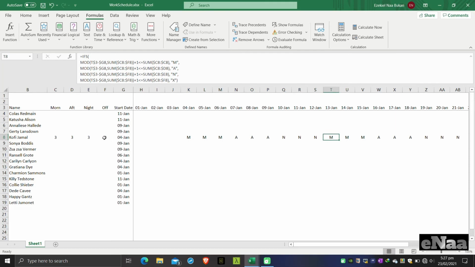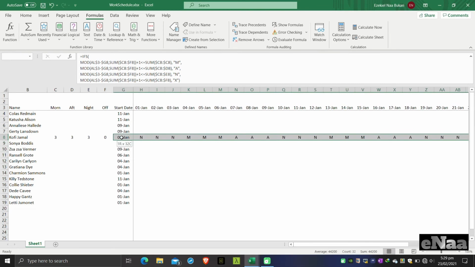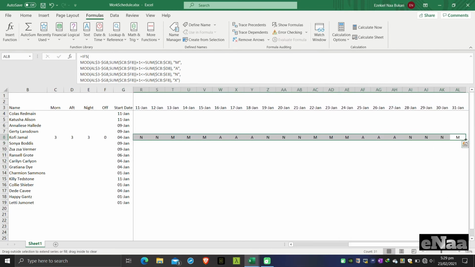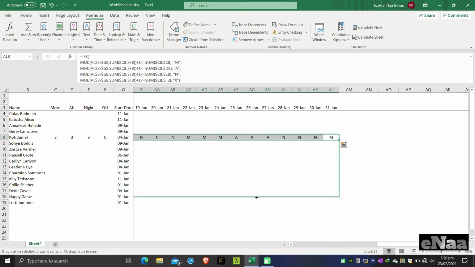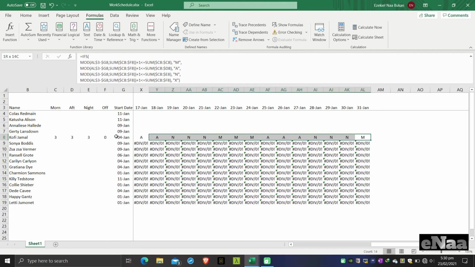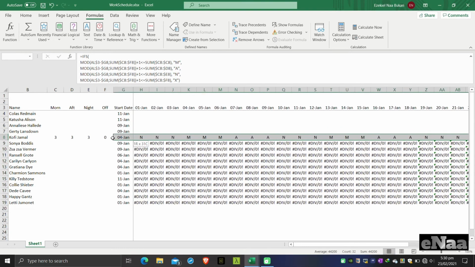I don't know where they ran the shift system, but this was just to try and see what happens. So it is working perfectly, and we can copy it to the rest of the cells. Let's drag it down. Whoa. We'll fix that. It is showing a division by 0 error,